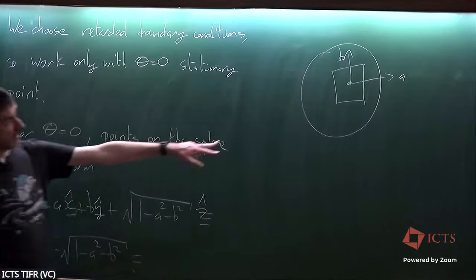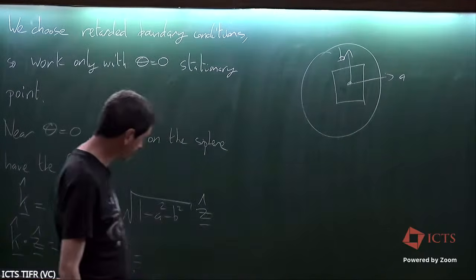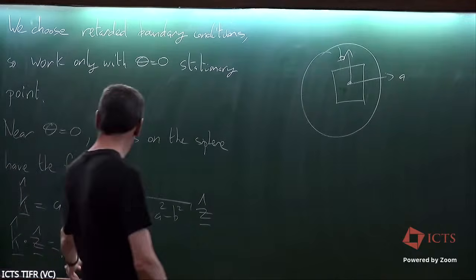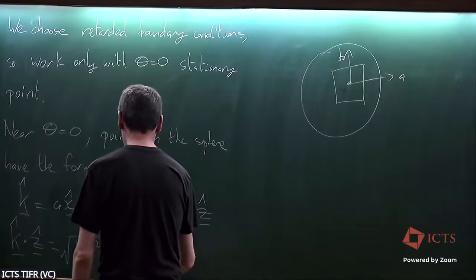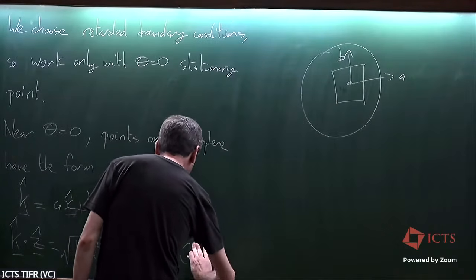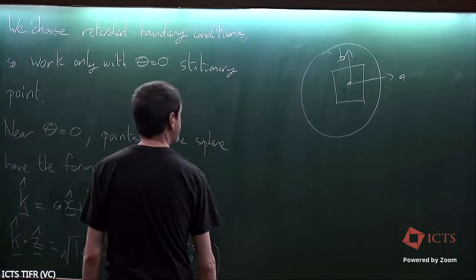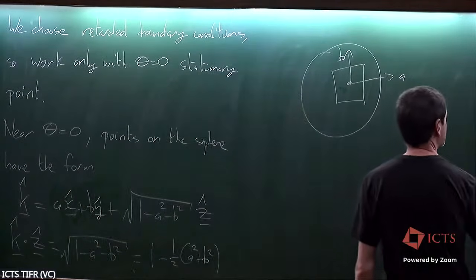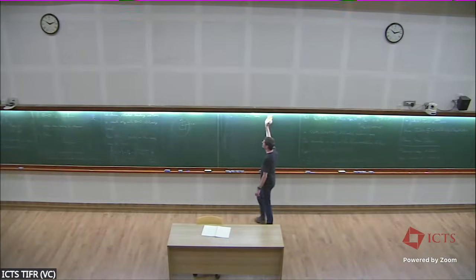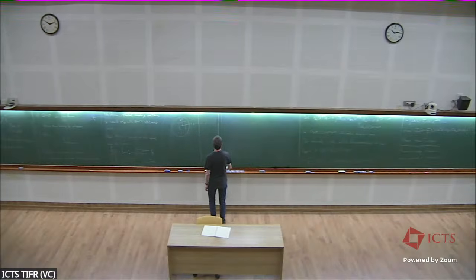Now, I'm just interested in points near my stationary point. So the a's and b's are small, and I'll expand in terms of them and just keep the leading term. So there's going to be a 1, well, leading non-trivial term, minus a half a squared plus b squared. Okay, so our integral then